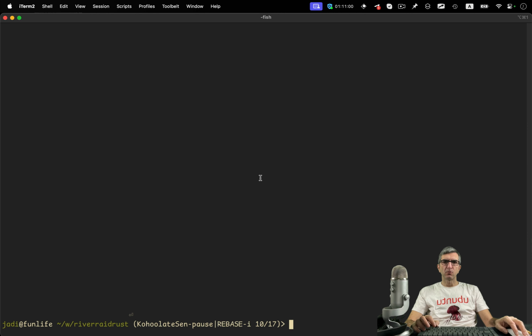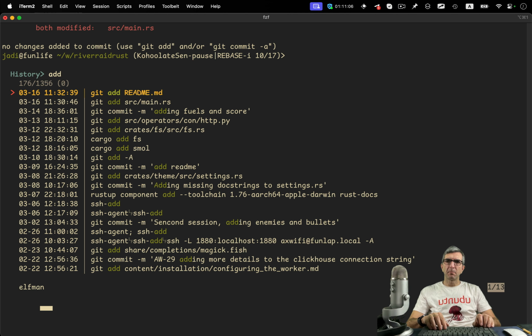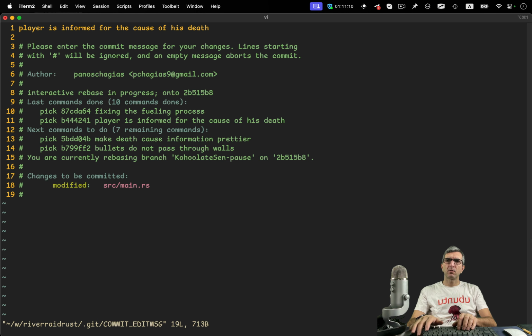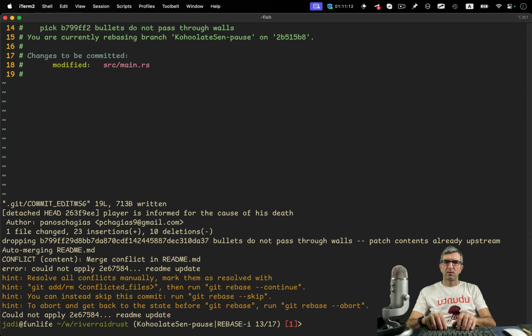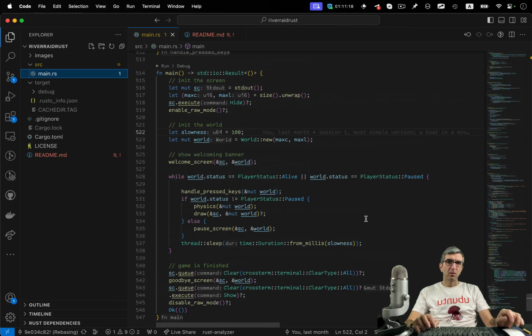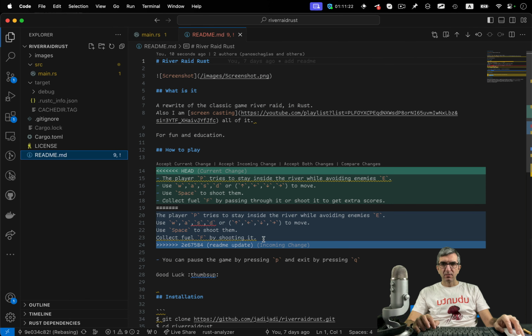Main. Now it's working. Git status. Add main. Continue. 13 from 17. Let's see what we have now. Is it in README? Each time I have to solve it.